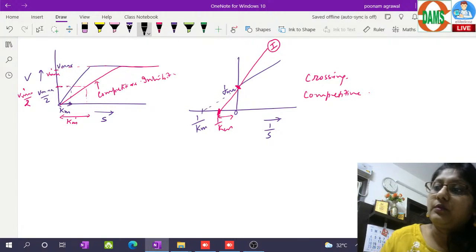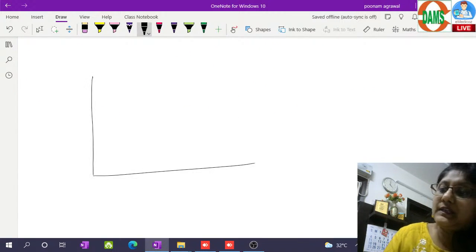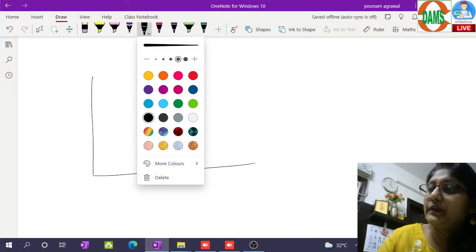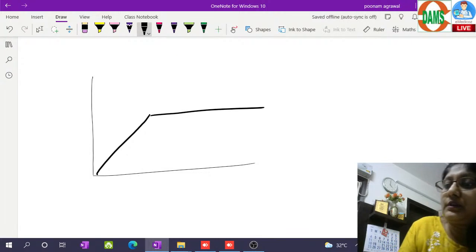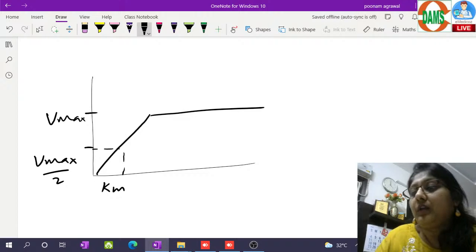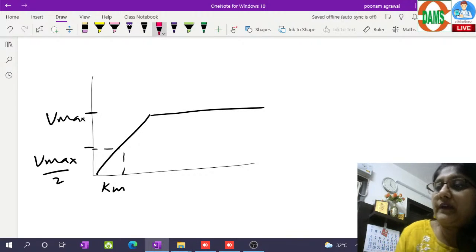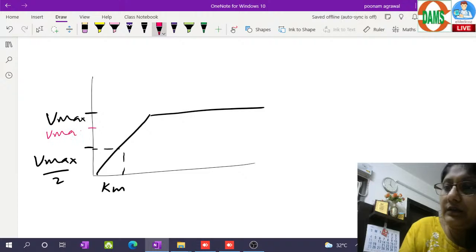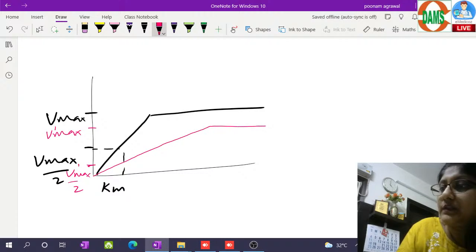When I talk about non-competitive inhibitors in the Michaelis-Menten plot, I will first tell you how they change the kinetics, and for that you need to draw the normal plot first. This is the Km value. In non-competitive inhibition, the Vmax value is going to decline, and to get half of that new lowered velocity, I said the Km value remains the same. So the plot is something like this,